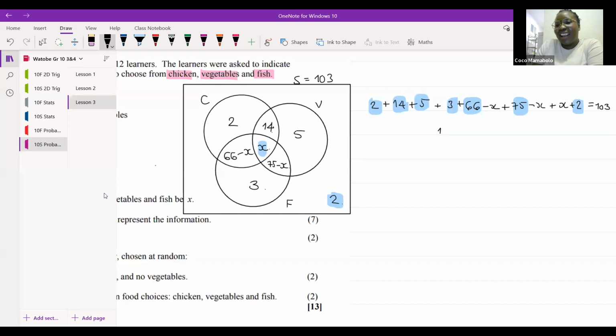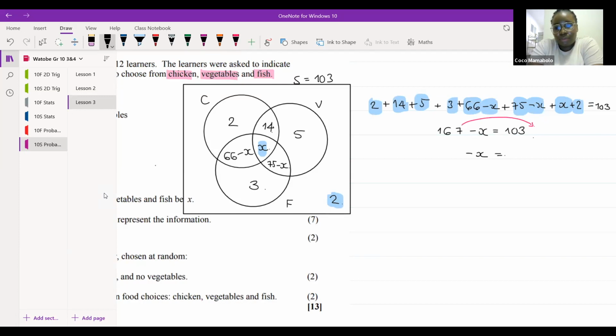167, right? And then negative x plus negative x is equal to negative 2x plus x, which is negative x. Correct. So now we've got 167 minus x equal to 103, right? Next move. Yes. And then we transpose the 167. Good. Take 167 over, and then we'll end up with negative x is equal to